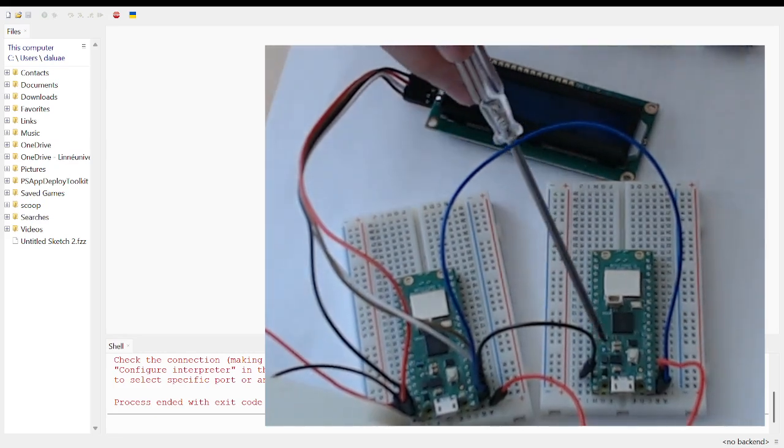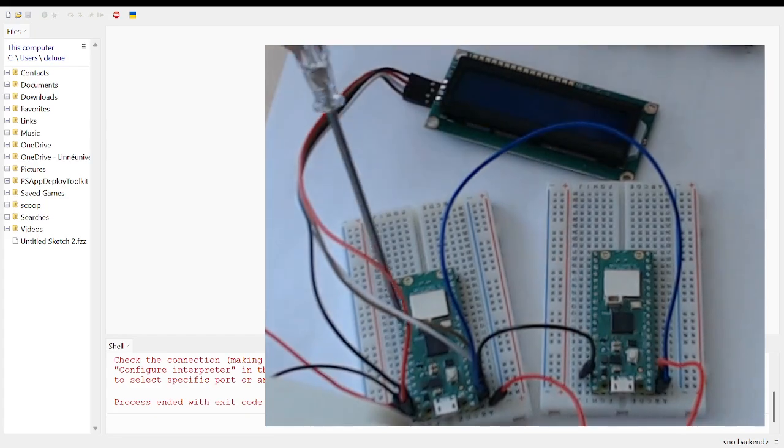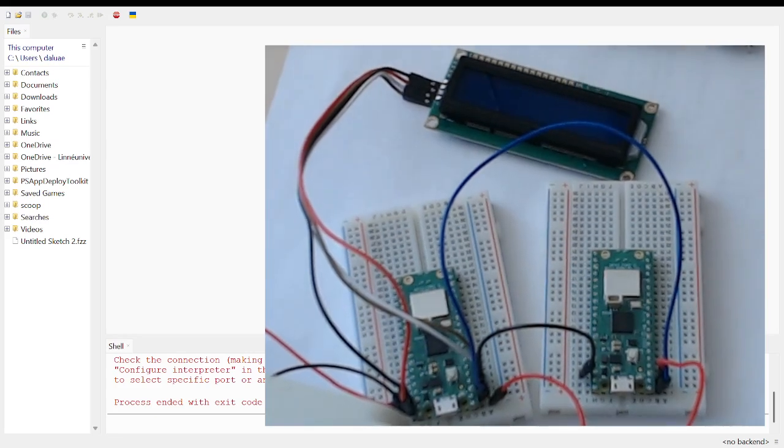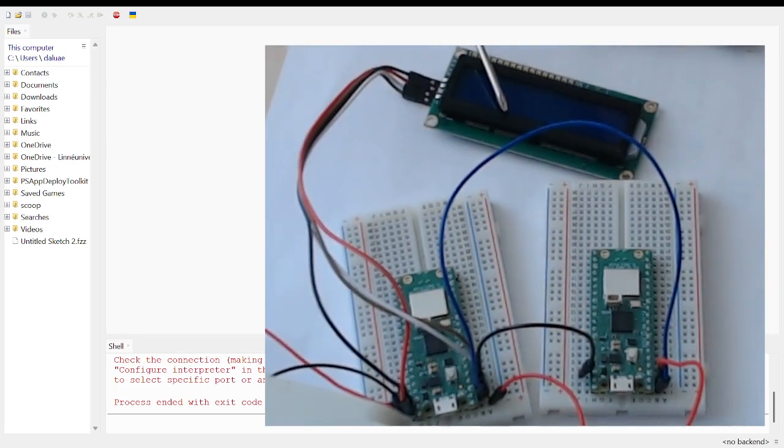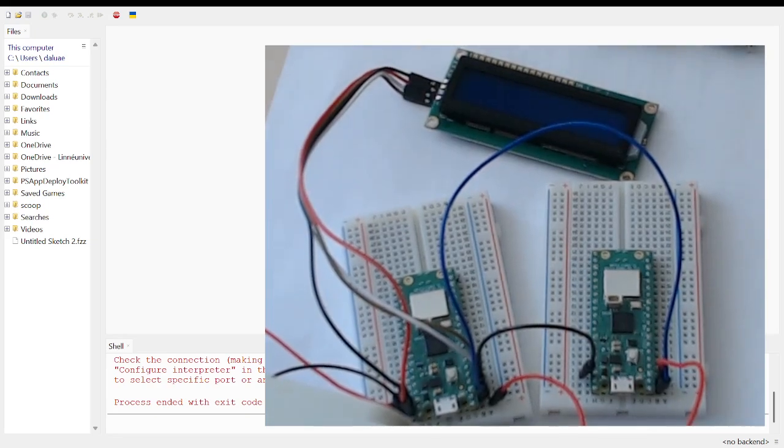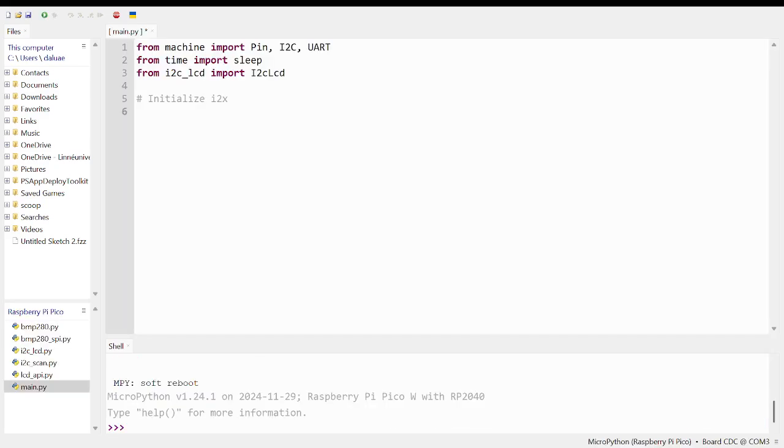This Pico here reads the temperature, and it sends it to this one, which displays it on this screen. So we will start with the receiving part and program that one. First we have to get the screen to work. I have imported both libraries for the screen, and I2C and UART from machine. So starting here to init the screen,